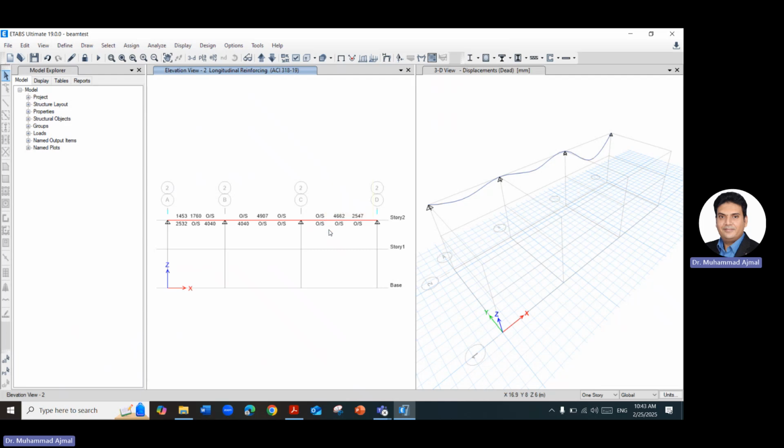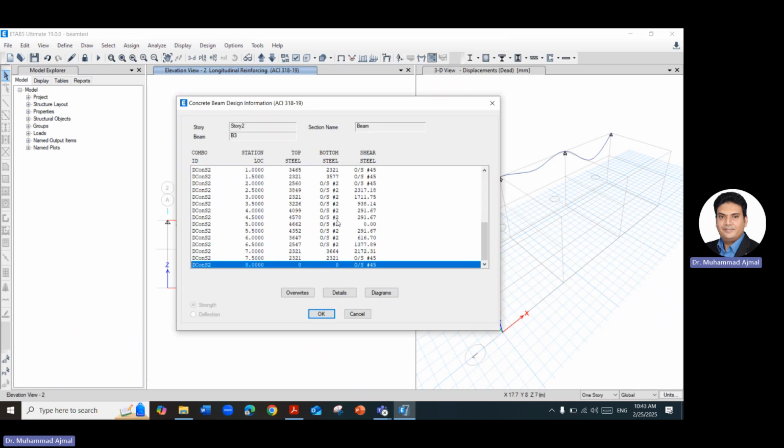Now, in reality, it is not failing, because what happened when it created the code combination 1.2 dead times 1.4? The load becomes very high. So this will fail. Okay. But now I just showed you this to predict the result. How can you predict the result? Come and right click on this one. It will show you your combinations and which thing it is failing in. It is failing in steel, flexure, 0. When it fails, it will show you 0 reinforcement. It is failing also in shear,